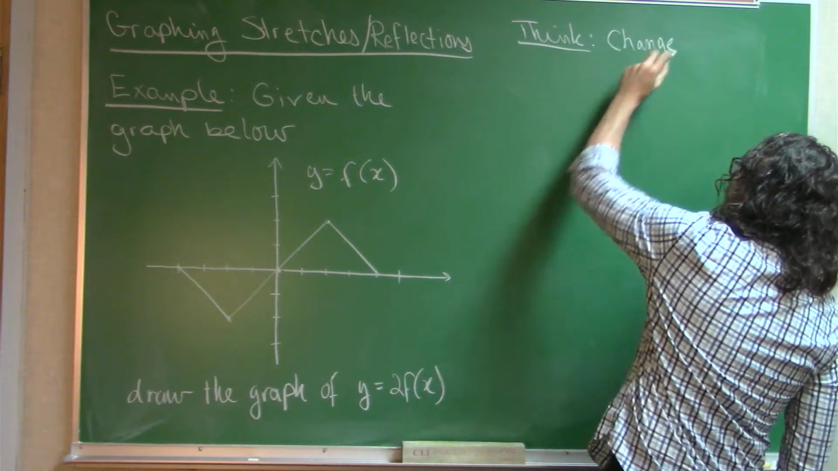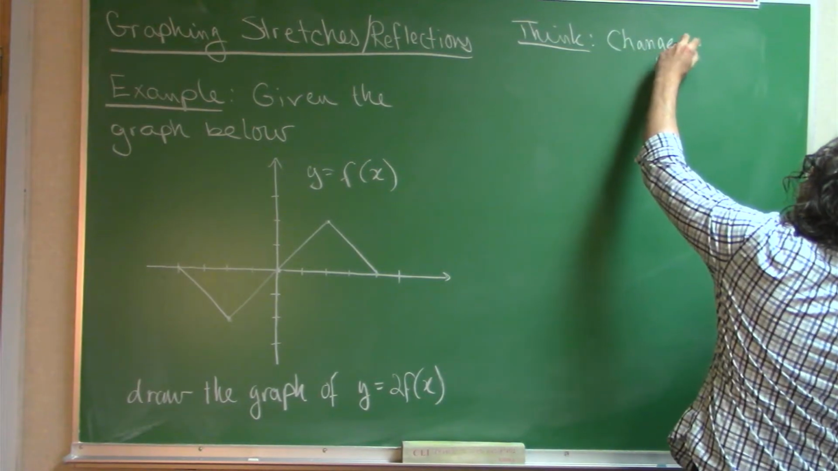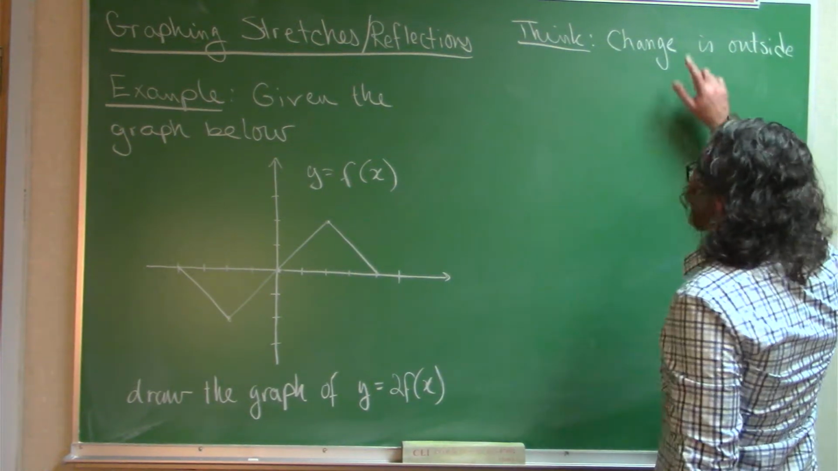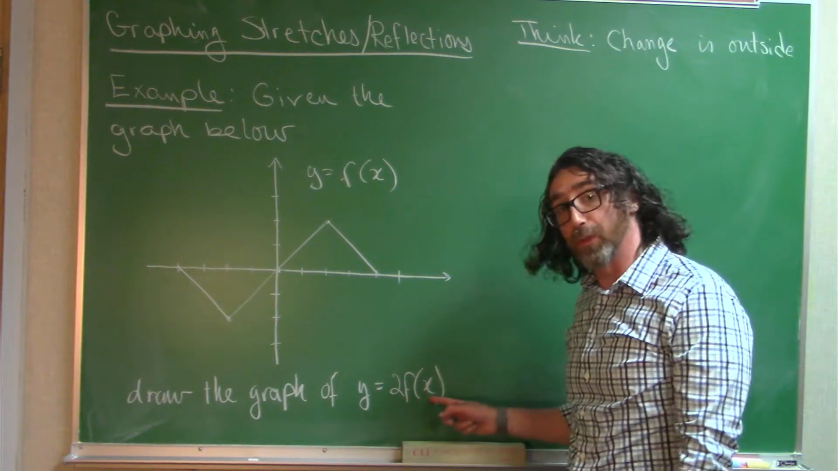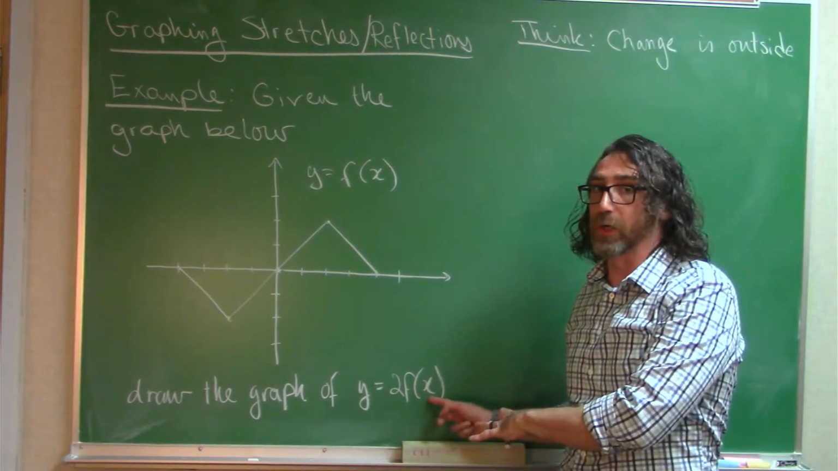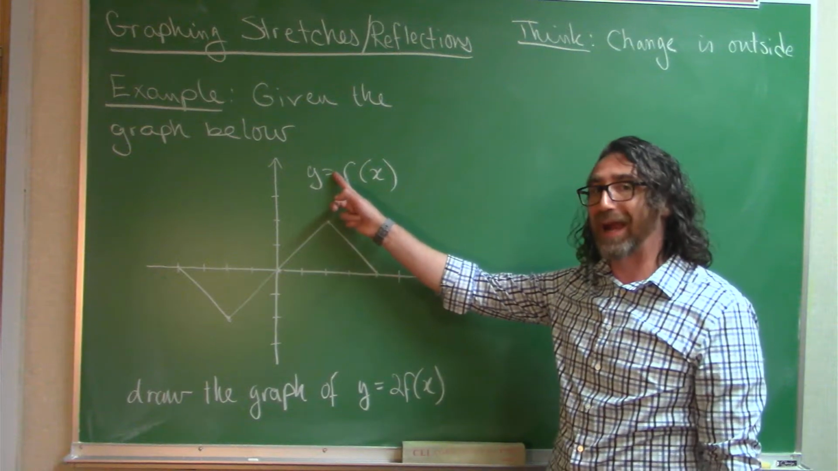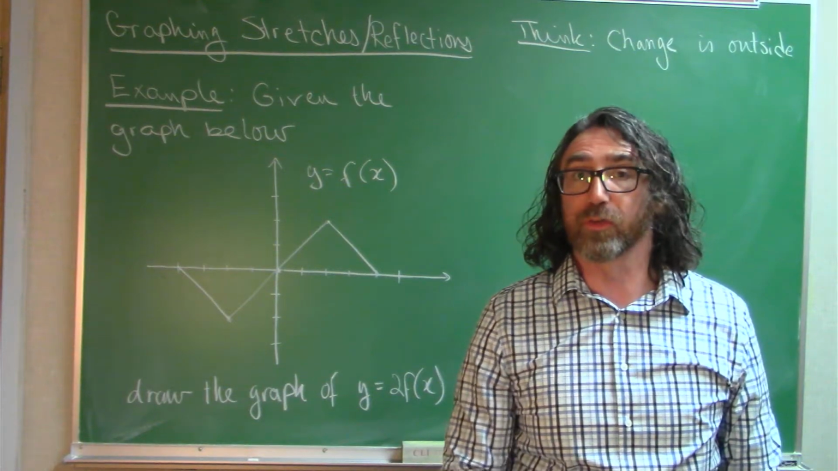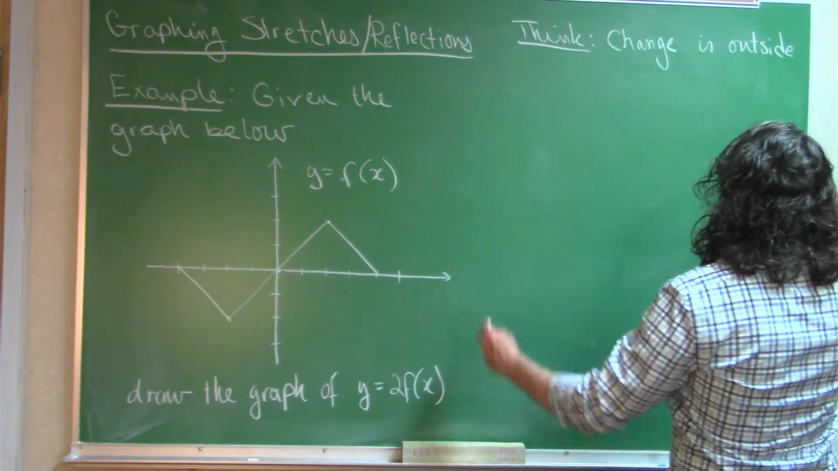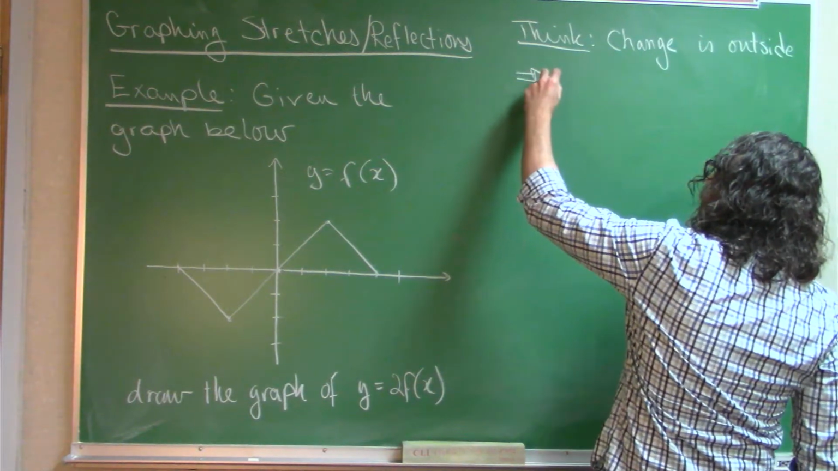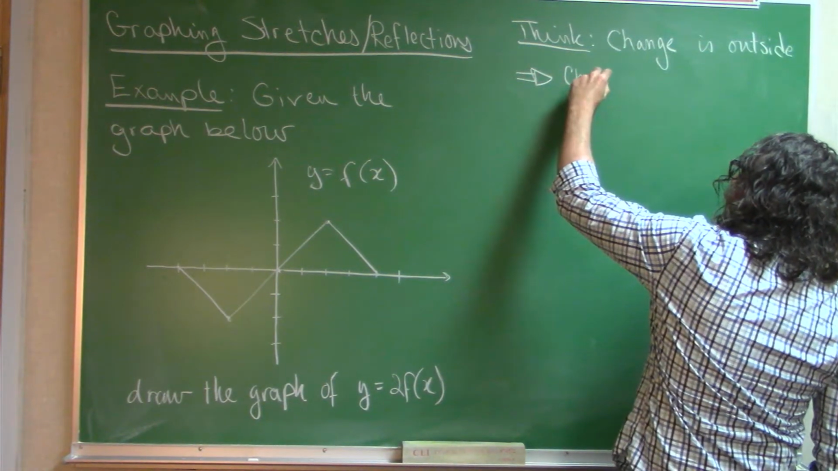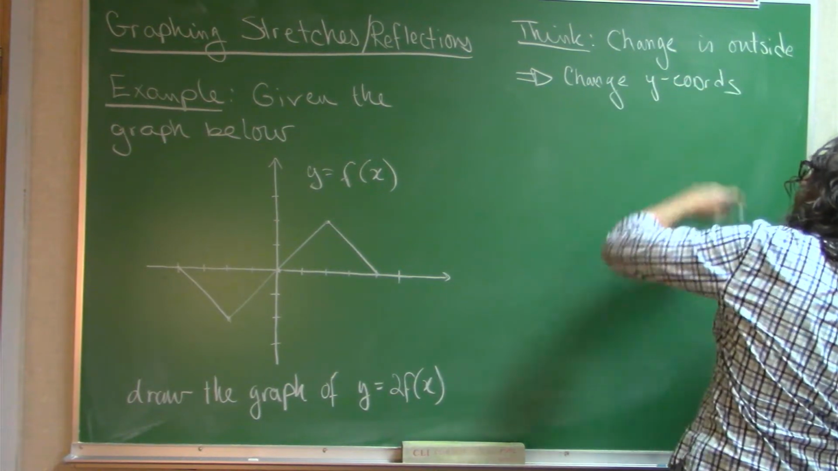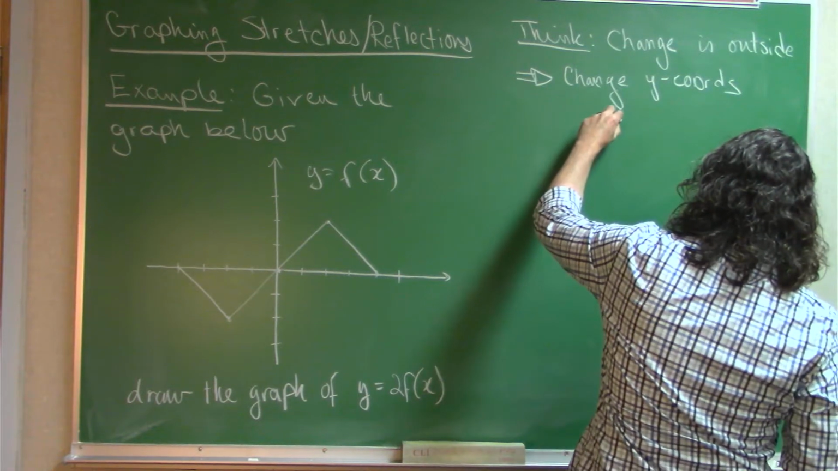The change that I made here was to the outside of the function. So the change I made is to the outside. Notice the input to the function is just x. That's been left unaltered. I put a 2 outside. Outside the function affects the output, which is the y coordinate. So changes to the outside, we're going to change the y coordinate of the points on the graph. Okay, so